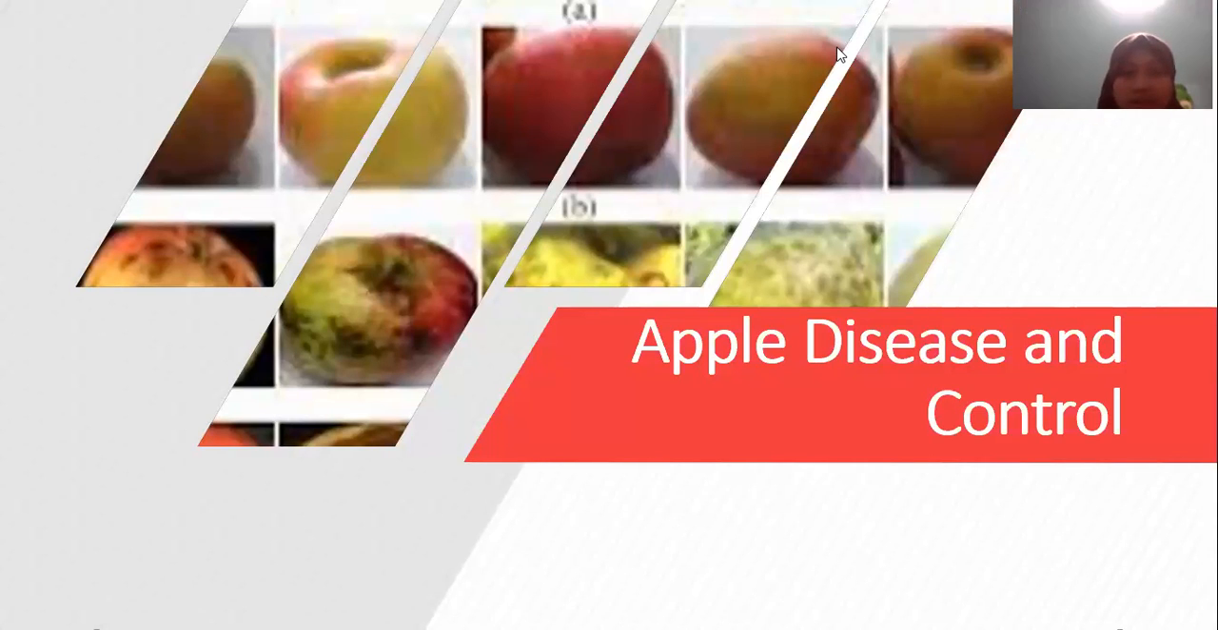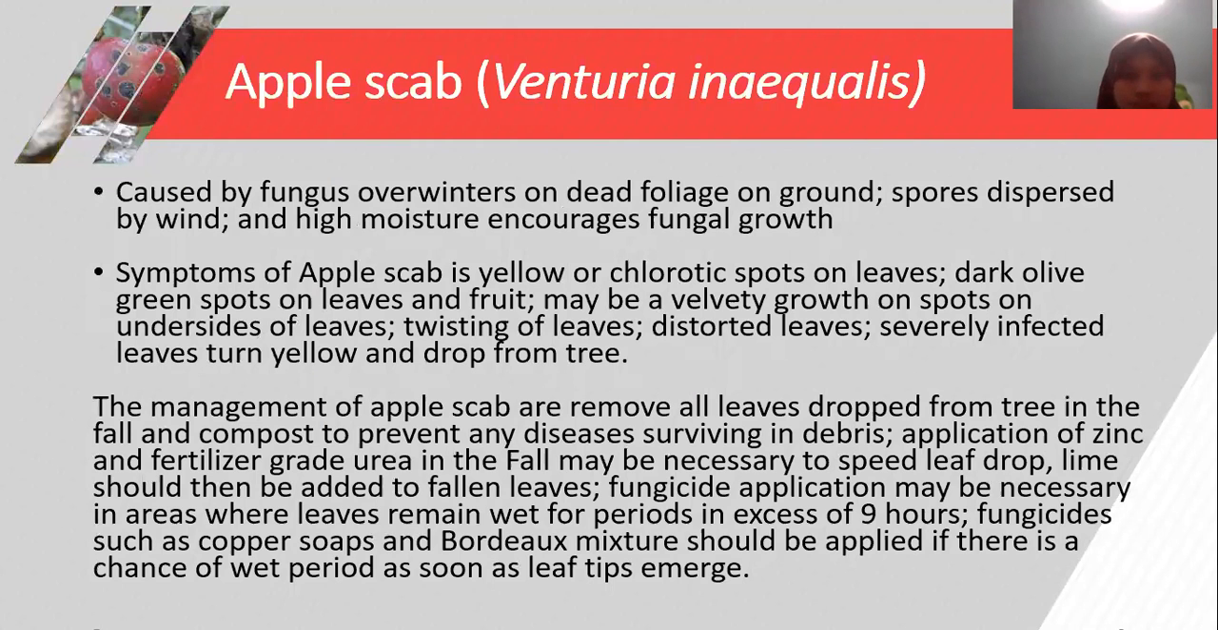Next, we have apple disease and control. First, we have apple scab, or Venturia inaequalis, caused by a fungus that overwinters on dead foliage on the ground. Spores are dispersed by wind and high moisture encourages fungal growth. Symptoms of apple scab are yellow or chlorotic spots on leaves, dark olive green spots on leaf and fruit, maybe a velvety growth on the spots on undersides of leaf, twisting and distorted leaf, and severely infected leaves turn yellow and